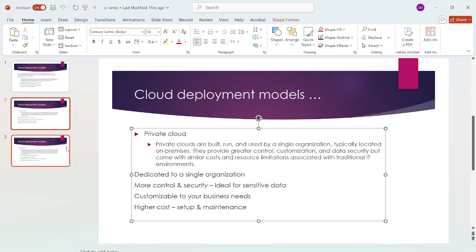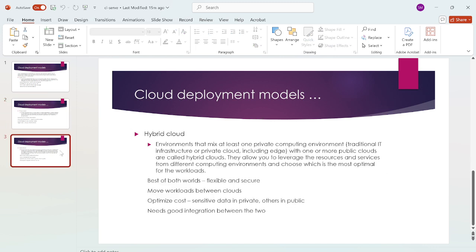Then the next cloud would be hybrid cloud. Okay, so hybrid cloud is a mix of private and public. For example, some organizations, in order to save cost, don't want to set up all workloads in their own data center. What they will do is run some of the non-sensitive workloads from the public cloud,